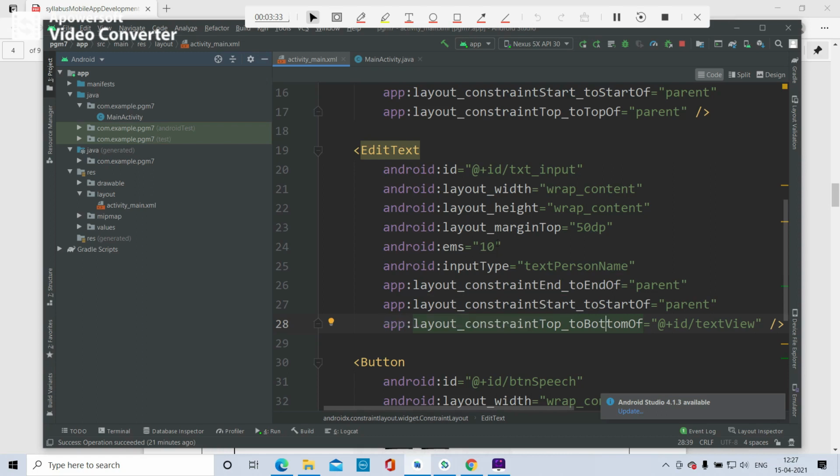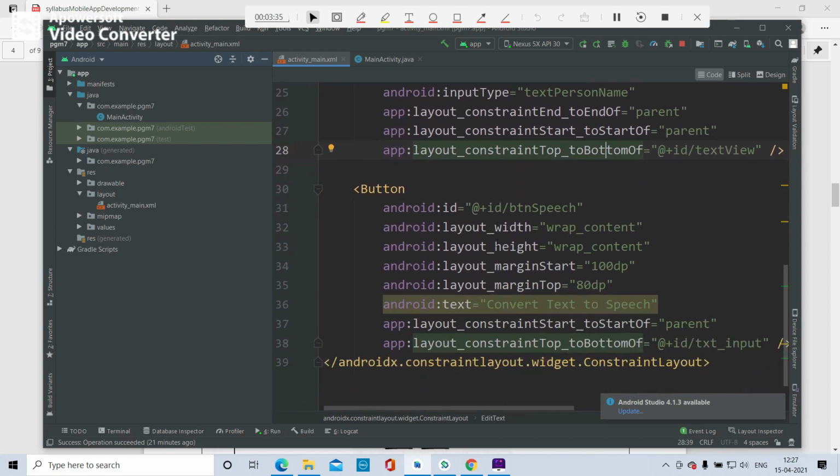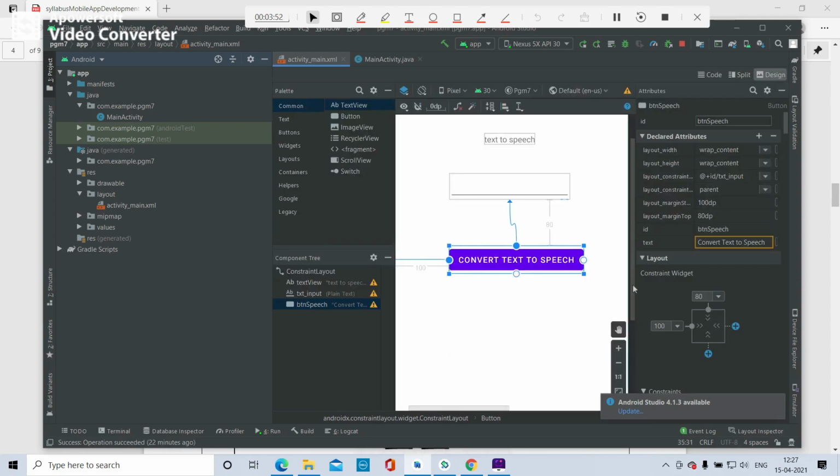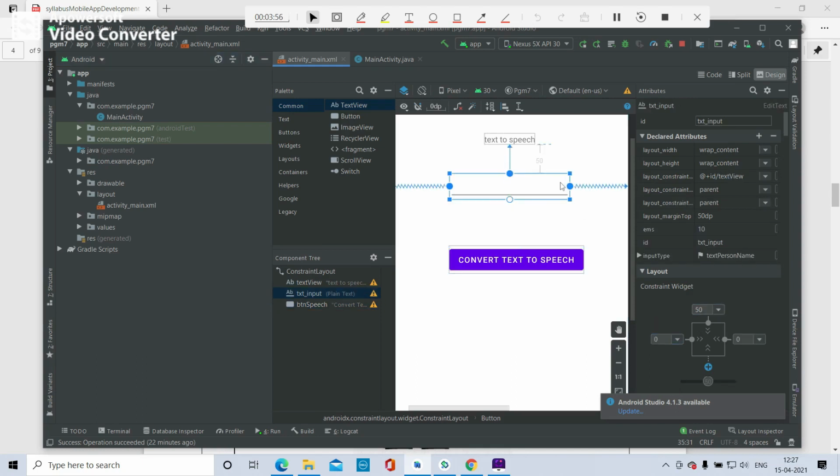As well as the button, the top of the button is connected to the bottom of the text box, and the margin is automatically coded as 100 dp and 80 dp because in the design the margin is given as 80 and 100. Here also the margin is given.